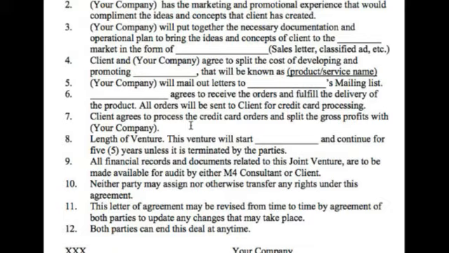Okay, how is someone supposed to comply with this? You're going to be splitting the costs. Well, but who actually writes the check for that? Who pays for it? And who gets the money back? Client processes the credit card hours and splits the gross profits. How are you calculating the gross profits? Because gross profits is actually not it's gross revenue. Profit isn't gross. Profit's after.